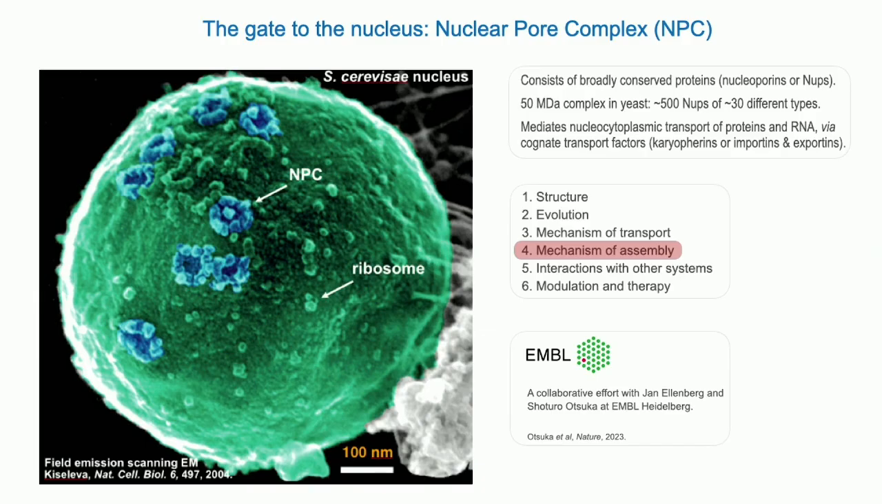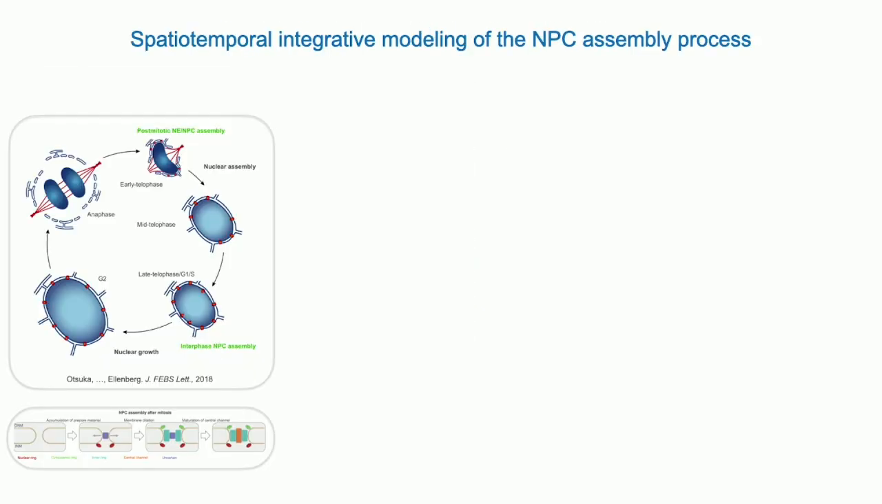And now I'd like to tell you how we recently modeled the process, not a static structure, but the process of how these 500 plus proteins come together in the context of the nuclear envelope to assemble a mature nuclear pore complex structure. That was a collaboration with Jan Ellenberg and his postdoc Shutura, who was at the time at EMBL in Heidelberg. I'll go through this even more shortly, but just to give you a sense. The nuclear pore complex assembly is obviously an important